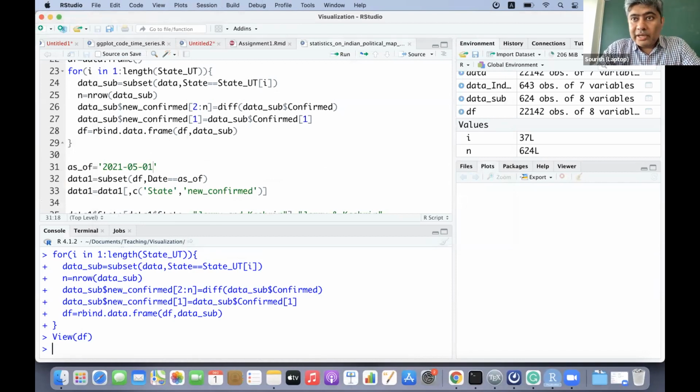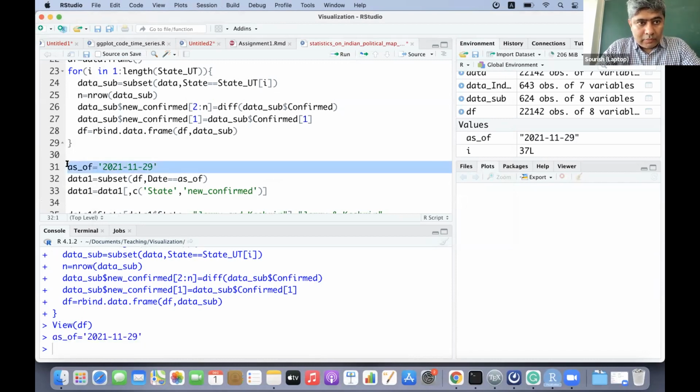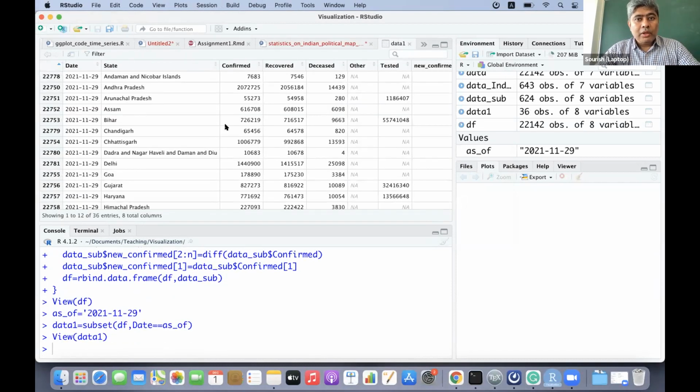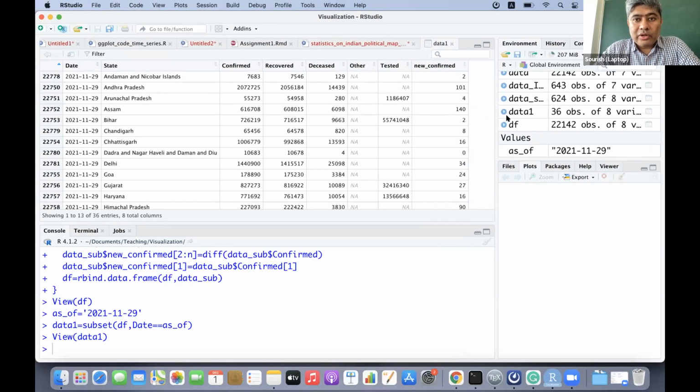So let me take the last day we have, 2021/11/29, and create a subset, data one.